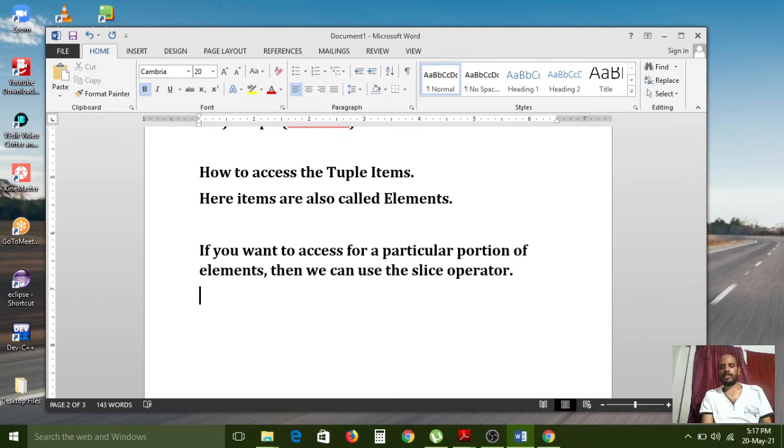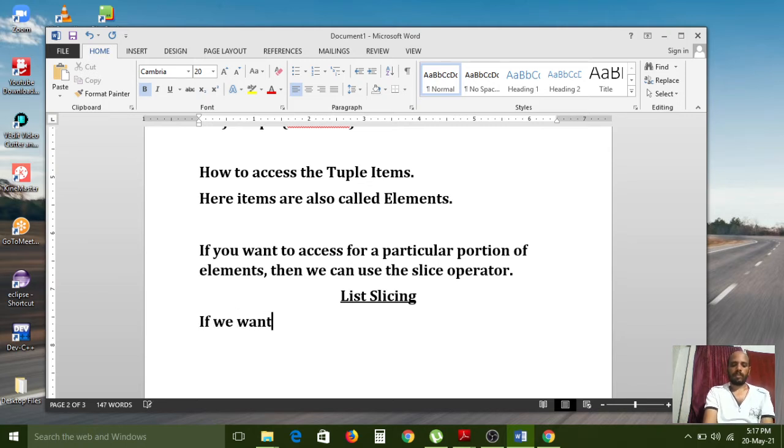Now the concept is list slicing. If you want to access a portion of elements, list slicing is also used.